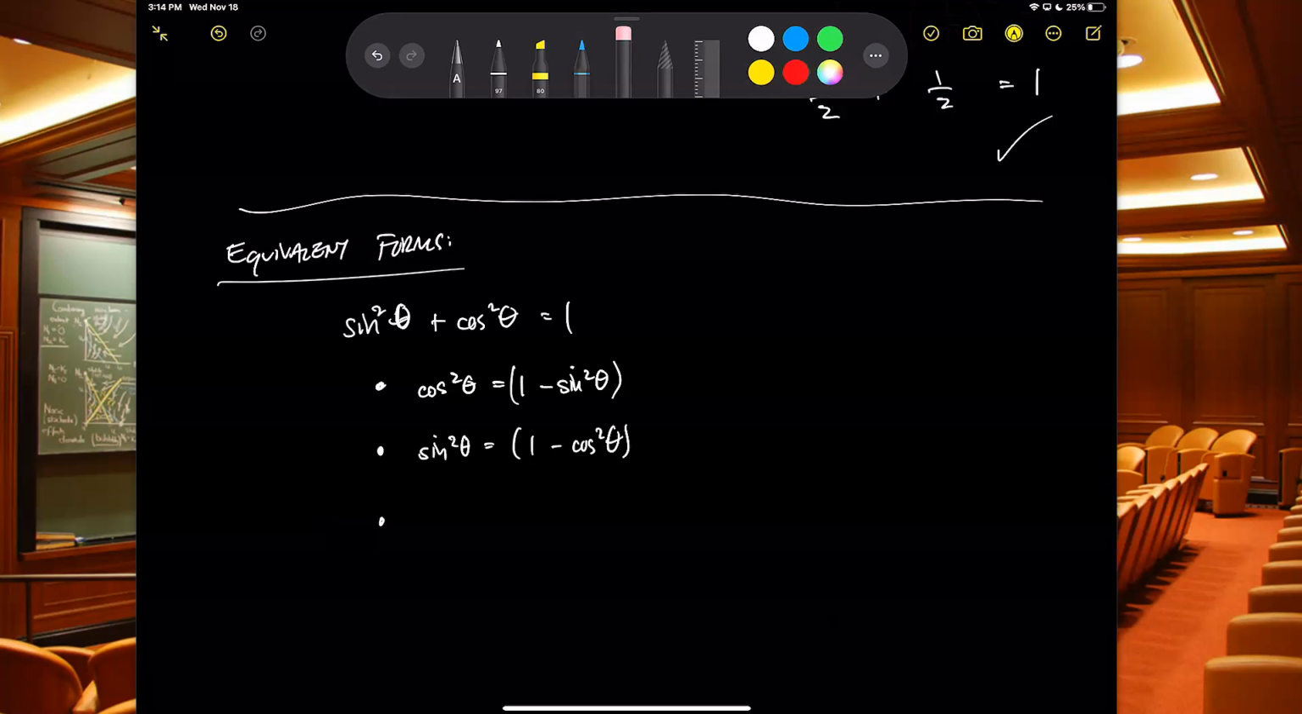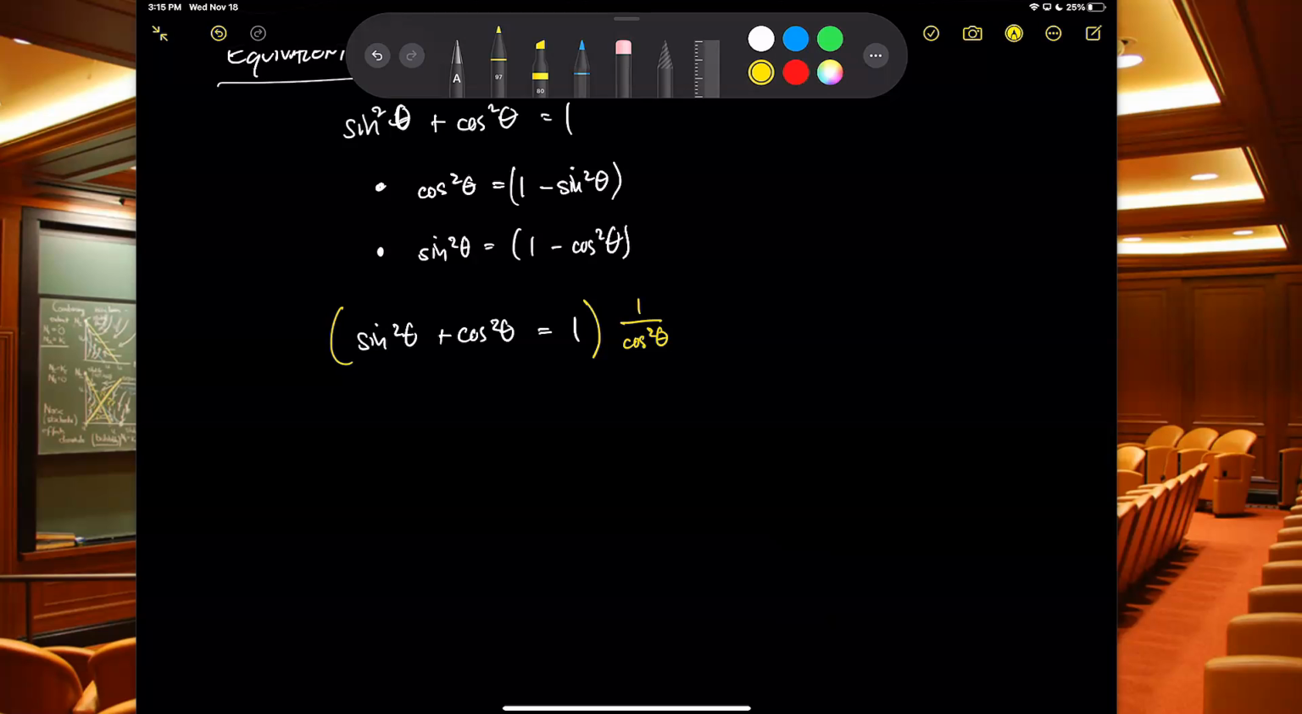The other thing I can do, because that's all I can do with just sines and cosines, I can take this whole equation and multiply it by something that I want to multiply it by. So I might multiply this whole thing by 1 over cos squared theta. Why would I do such a thing? Well, if I do that and I distribute that through,